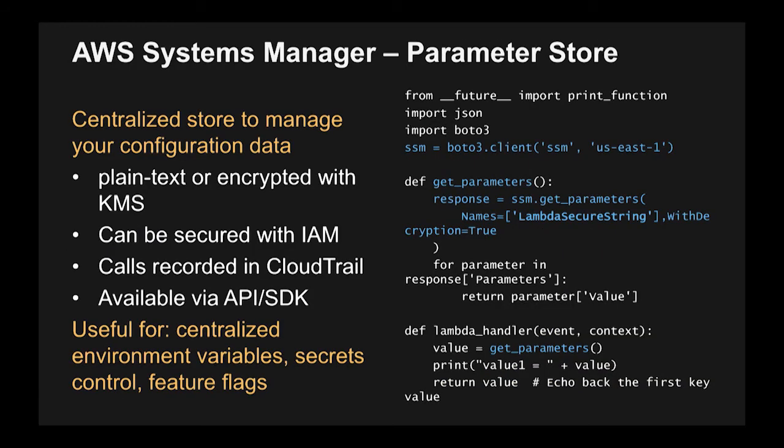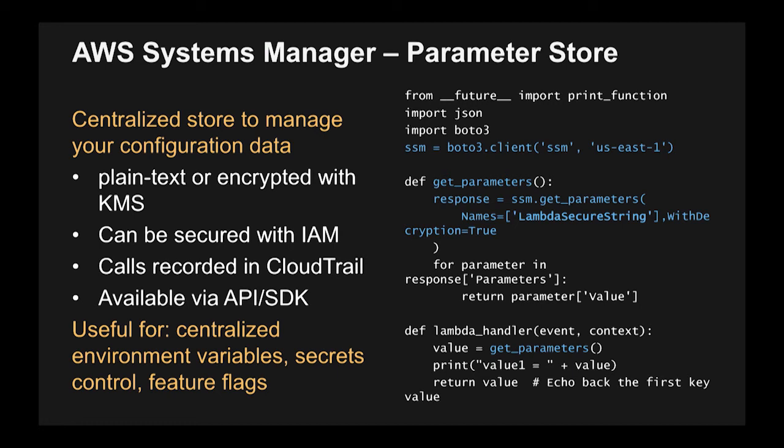Cool. Another option that we have is one that I don't think people know much about yet. Another thing that we launched at re:Invent just a couple months ago is a service of ours called Parameter Store. Parameter Store, much like the name might imply, is a parameter store. So with Parameter Store, you have basically a centralized service that you can query for getting information from, which are these parameters. These can be encrypted. You have IAM control around them. The access to them is logged with CloudTrail.